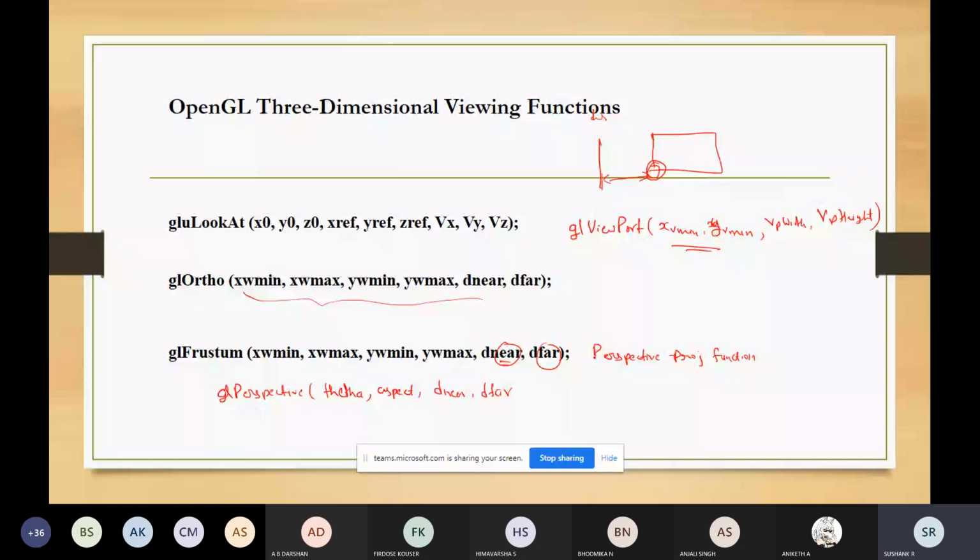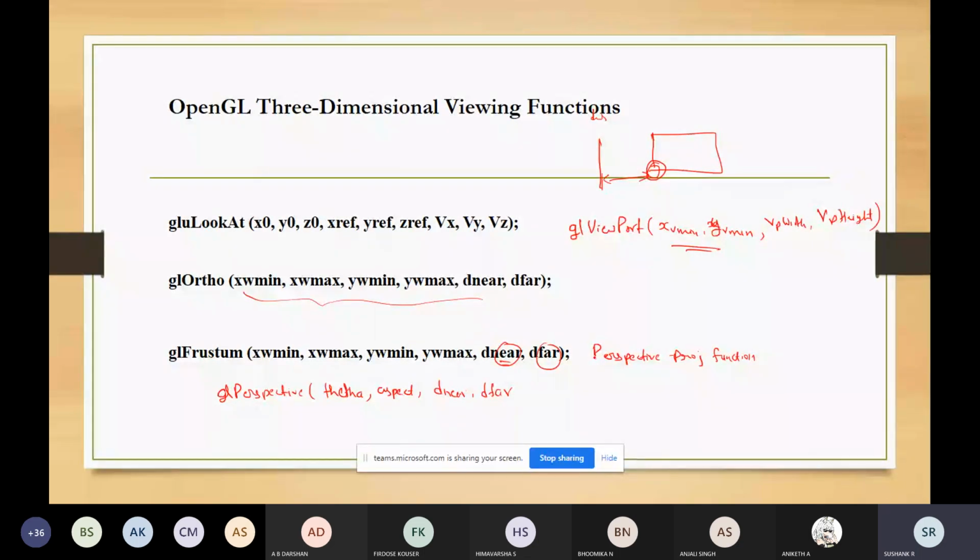Theta gives you the angle, and based on the angle, the height of the clipping window will be decided. In the last class I told you that when theta is 25 degrees, the clipping window will be very small compared to theta equal to 60 degrees. As you increase the angle, it is like purchasing a wider lens, and the frame also gets enlarged. So the first parameter theta gives you the size of the clipping window.